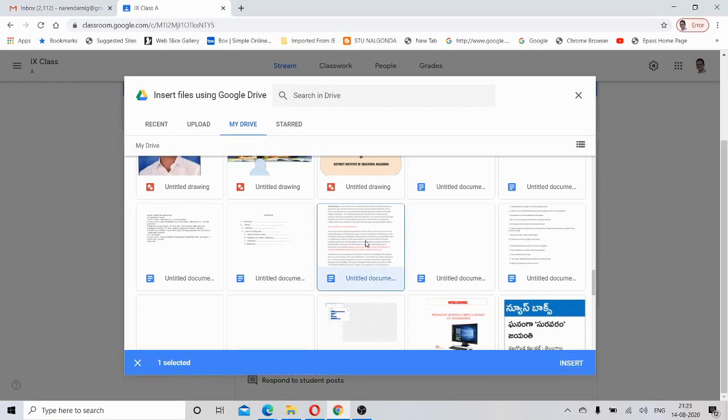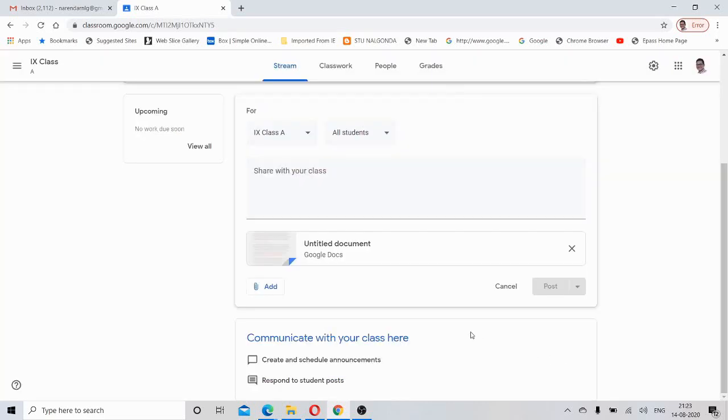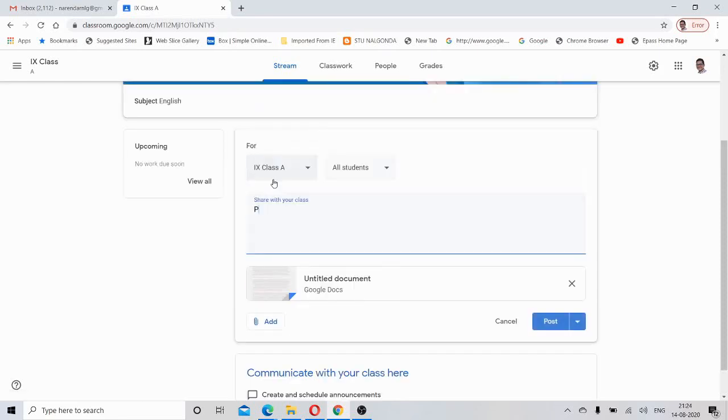Now I am selecting one of those documents, and after selecting it you just click insert. See here, my document has already been selected. Now write a comment. Please read this document and reflect.